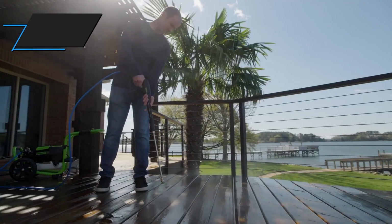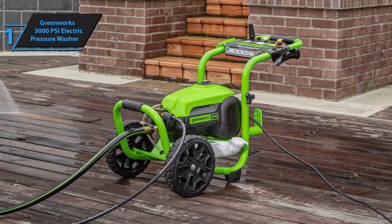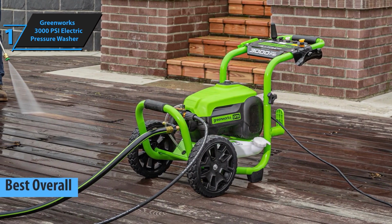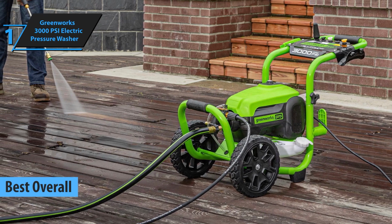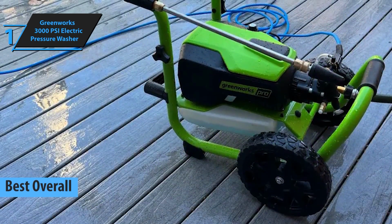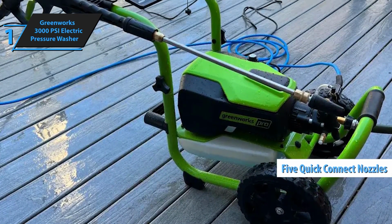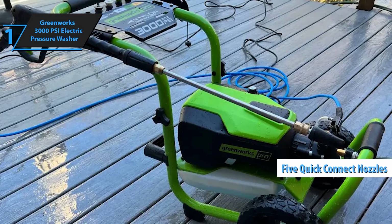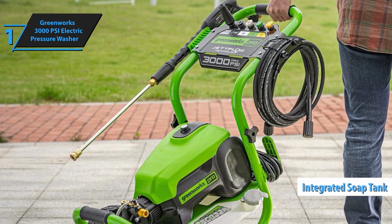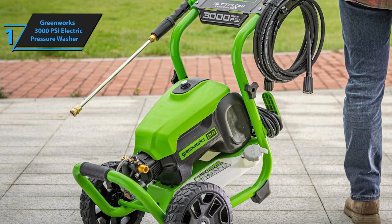And finally, taking the top spot at number 1, we have the Greenworks 3000 PSI electric pressure washer, the best overall pick for 2024. With 3,000 psi of cleaning power, this model is versatile, efficient, and incredibly easy to use. It offers superior performance for both light and heavy-duty tasks. The Greenworks also boasts a durable, high-quality build, and it includes a 25-foot hose, 5 quick connect nozzles, and a powerful motor. Whether you're cleaning your car, driveway, or patio, the Greenworks 3000 is built to handle it all with